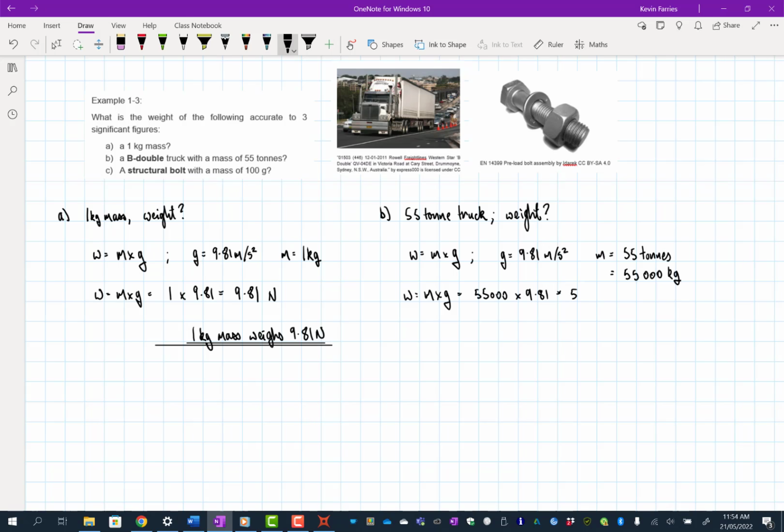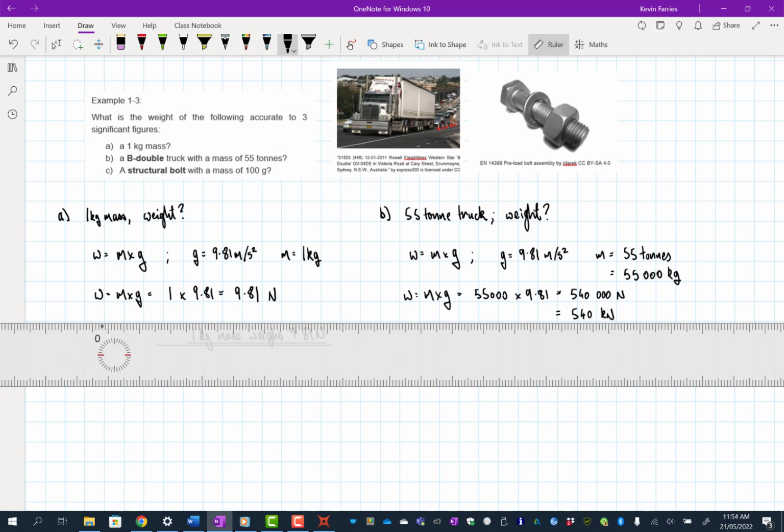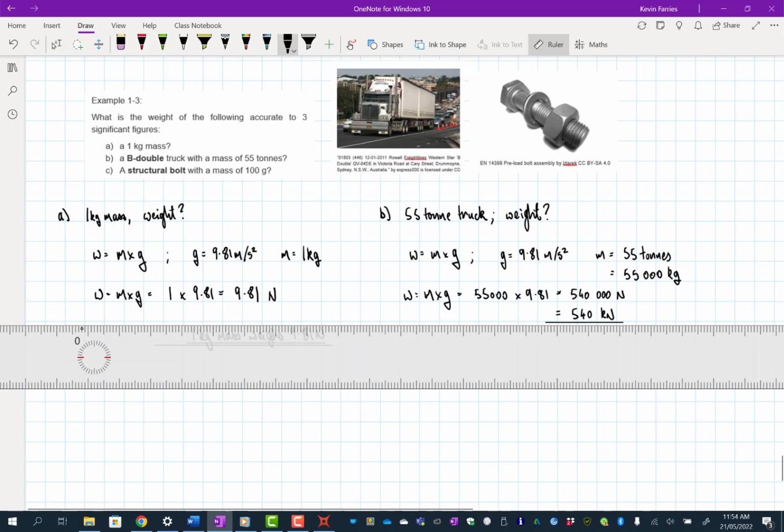So 540,000 newtons. Now, a self-respecting engineer's not going to leave it like that. I'm going to find units that make for nicer numbers. So 540,000 newtons, 1,000 newtons, just a kilonewton. So we want to do 540 kilonewtons. We've got an answer. Now, you can take a shortcut here, but be careful that you don't use it in